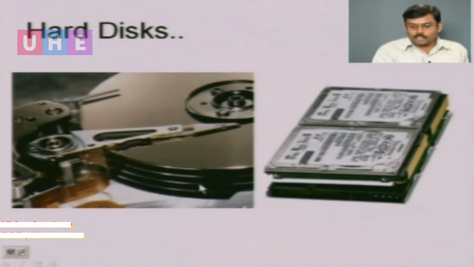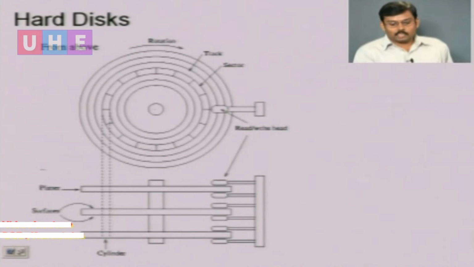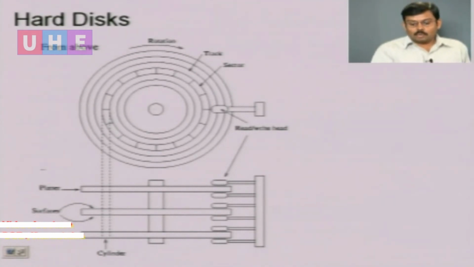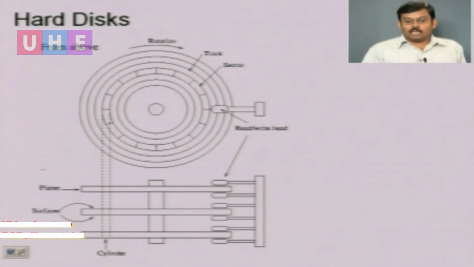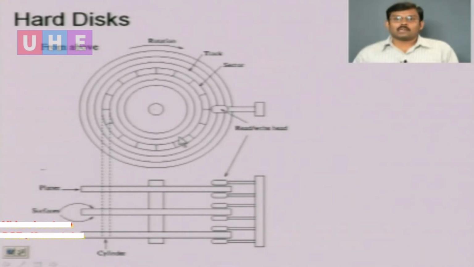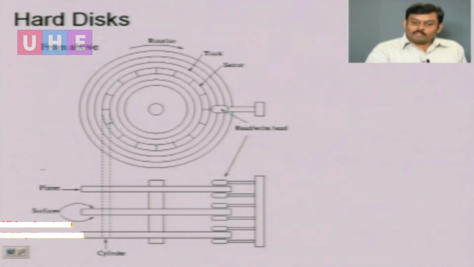These are all called platters. They will be circular in shape, and you will have 3 to 4 platters. This architecture has 3 platters, and on both sides you can store information. They are coated with magnetic material, and if you see from above, these are actually circular disks. Don't think that you are going to see these circle sectors and all. Basically you will find only a very plain hard disk,